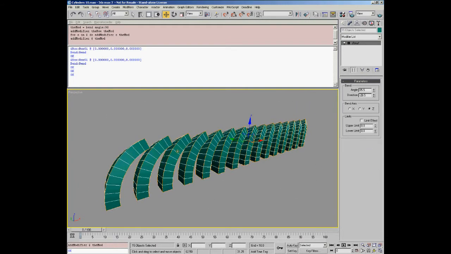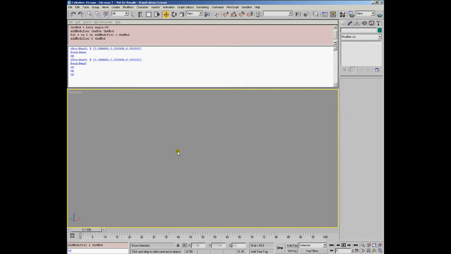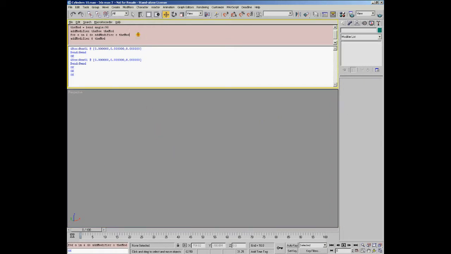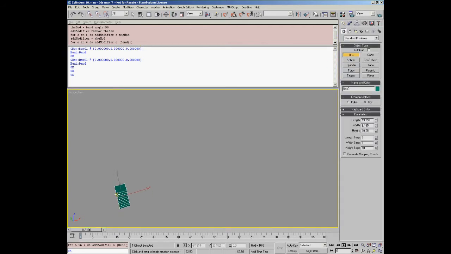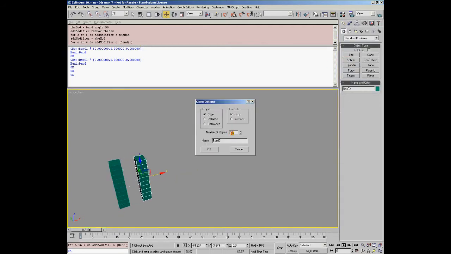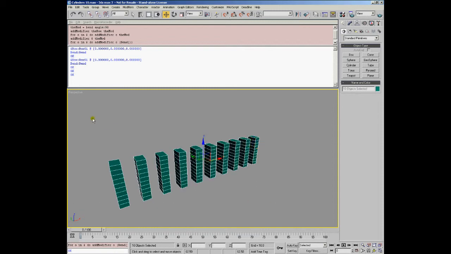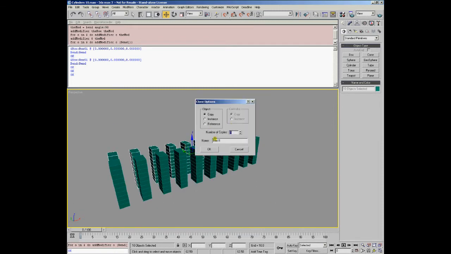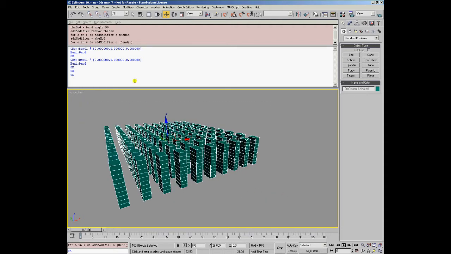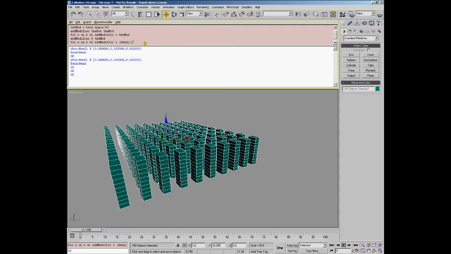In order to apply a unique modifier to every single selected object, we will have to use the for loop again, but this time instead of using the user variable deMod containing a single bend modifier, we are going to create a new unique bend modifier for every single object in this current selection. Let's create a couple of objects again. And then select them all and execute the line for all in